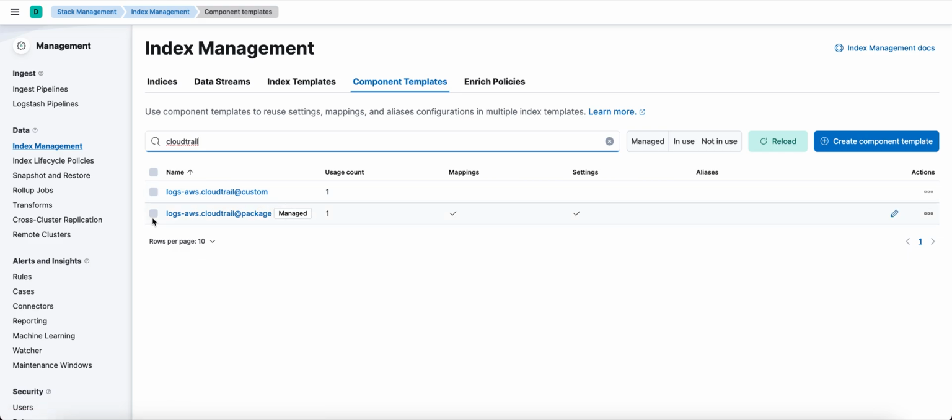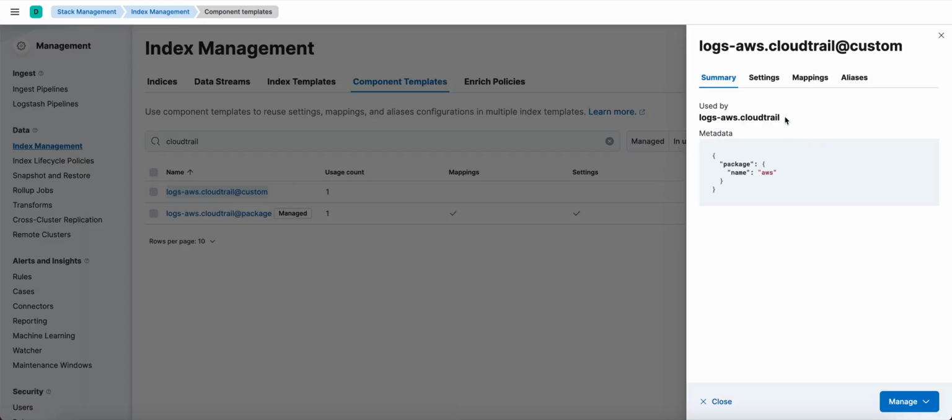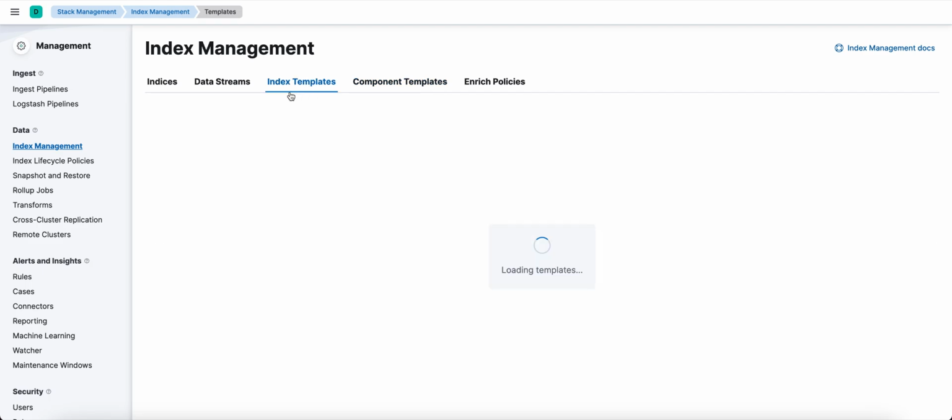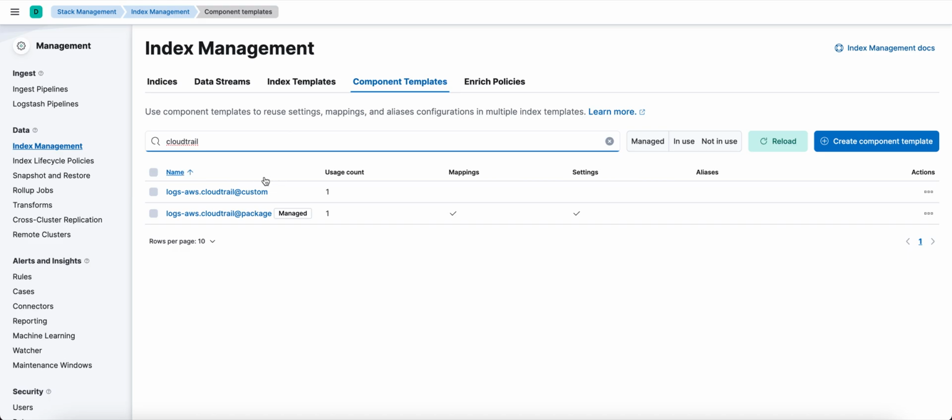You can change the package one, but if you change it and a new version is updated, then all your data will be wiped out. So you should always add your custom setting in your custom template. The custom template is made for the customers, so if you want to add the lifecycle policy, you can add it inside this setting here, but don't make changes in the index template or data stream. Only add your custom setting inside your component template under the custom